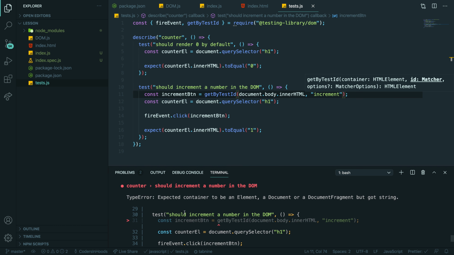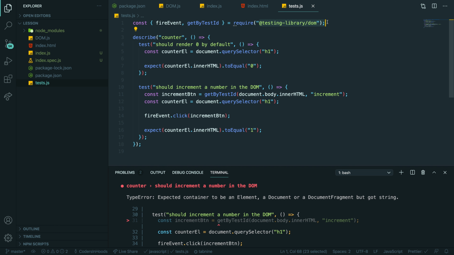And you're saying fire event, is it a React? No, fire event is from testing library. That comes from testing library. Okay, what React is what you were looking for when you're looking online. Yeah, so this is just a library. They have a function fire event. The object actually, the object fire event. So you're using their object. Got it. Expect container to be an element.